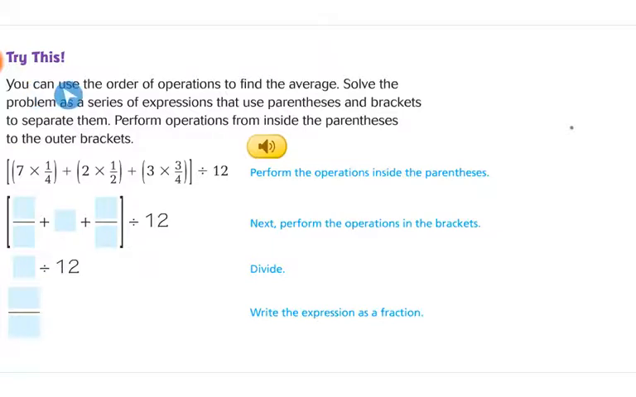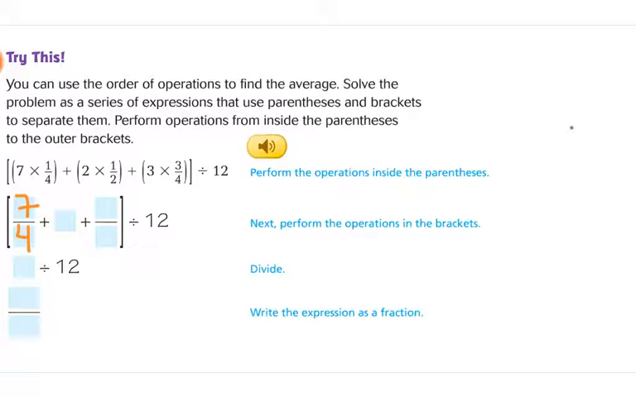It says you can use order of operations to find the average. Solve the problem as separate series of expressions that use parentheses and brackets to separate them. Perform the operations from the inside of the parentheses to the outer brackets. So what that means is we're going to use the parentheses that are more inner, and then we're going to go to the outside. So what we're going to do is 7 times 1/4 would be